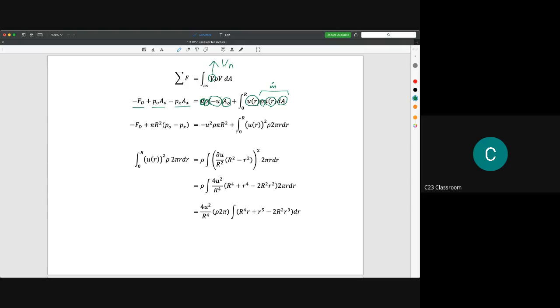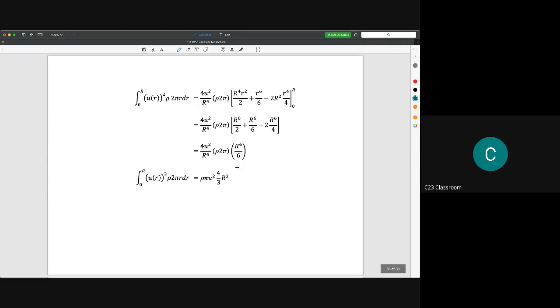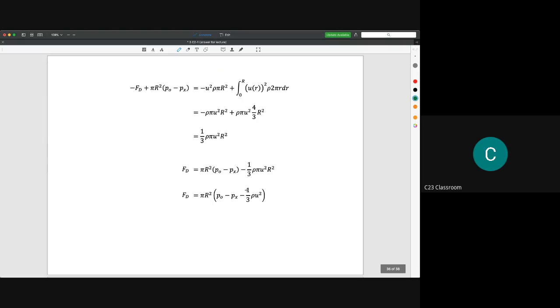So we integrate with the limit from 0 to R. And then we could solve this. And finally, you will get these terms. And then we get the FD here. So then we solve this one. So we get the final answer of the